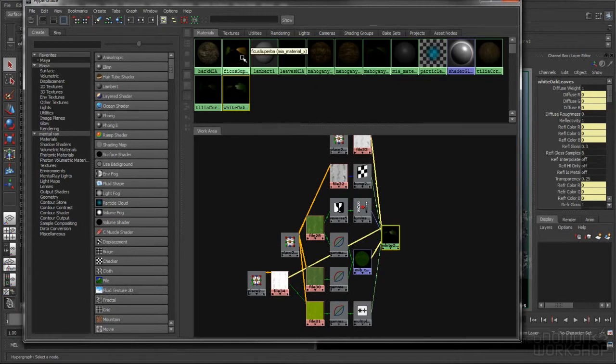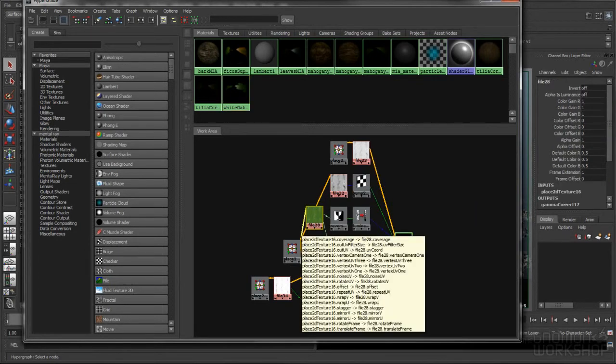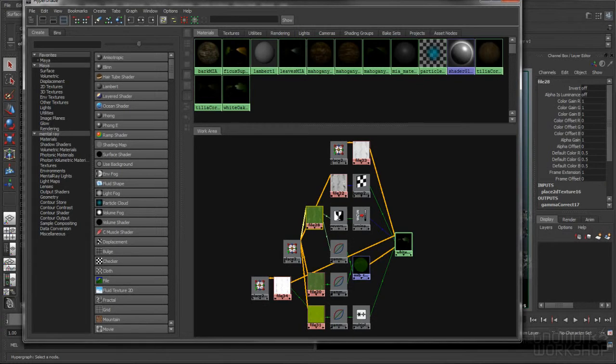It's really simple. Even though I cruised through it, I think the main thing that takes time here is not building the shader. Building the shader takes a minute or two once you're used to it and you've done it a bunch of times. The time comes from having all of these file textures. If I jump to Photoshop for a second,